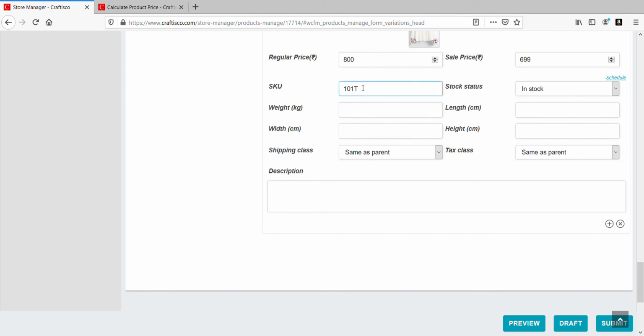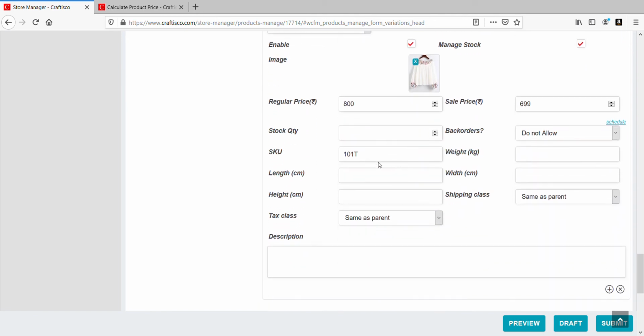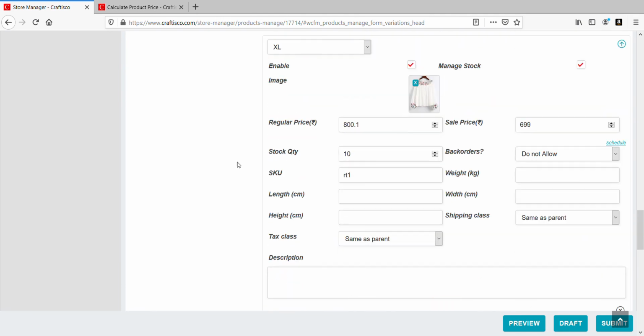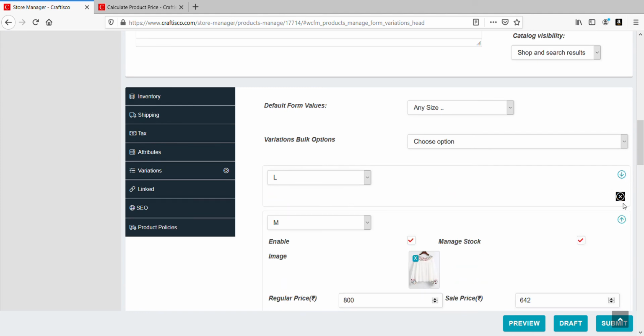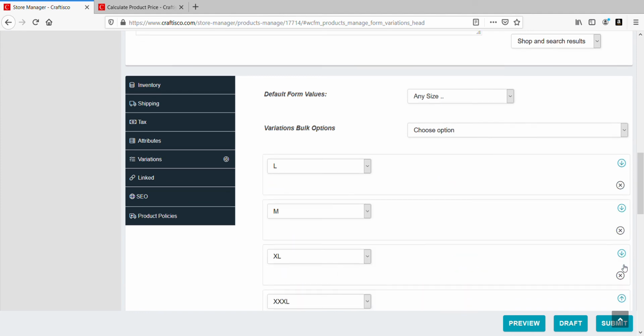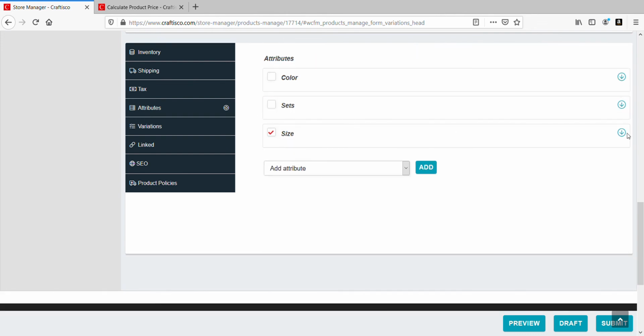So I'm just giving a random identification number, don't worry about that. But managed stock is very important because unless you put the managed stock quantity, users will not be able to order from you. So we have done the variations, right? So what I've done is first I've added the attributes, right?